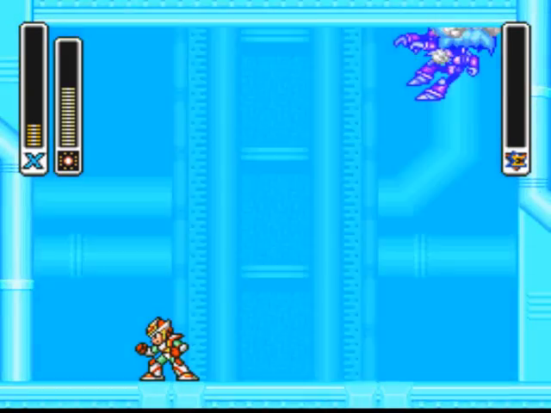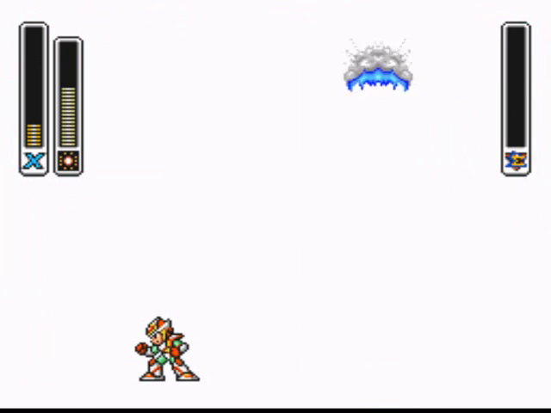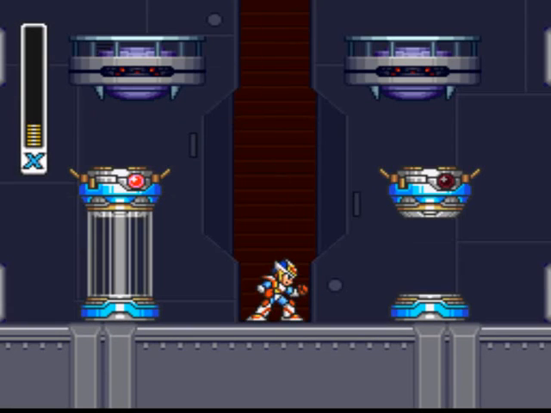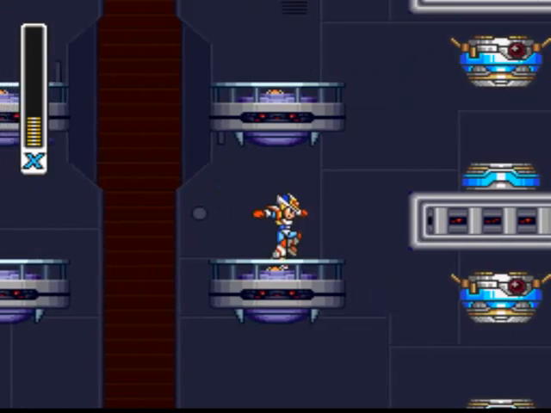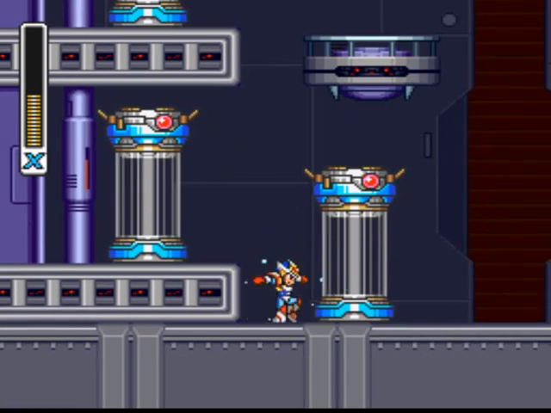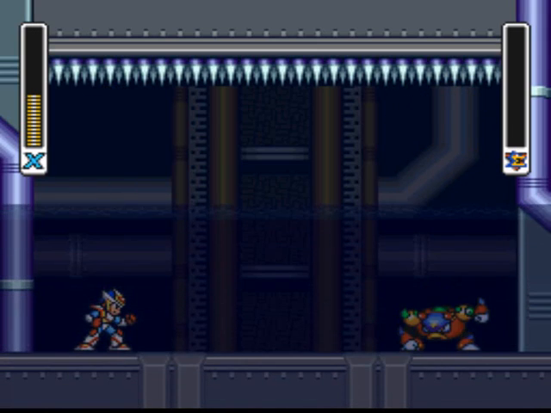And there we are. If you want my honest opinion, I think fighting him with the X-Buster when you have the mid-air boot, or the dash boots, is probably the easiest. The problem with a lot of the bosses is that when you have the weapon that's effective against them, often you, well, at least in my case anyway, I do not dash around the room as I normally do. Speaking of which...